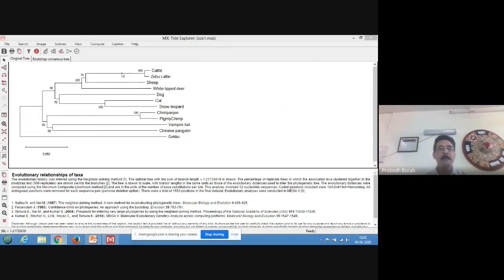But the validity of sheep, cattle and zebu appearing in a small subcluster is 70% valid. As I said, a 70% score of validity is a good validity score, that is acceptable. So similarly, most of the scores are very good. We will test it by the other method, that is your UPGMA method also, and we will compare the validity score.